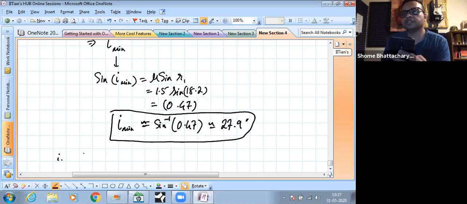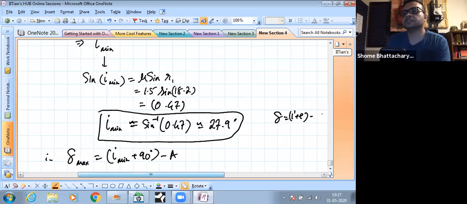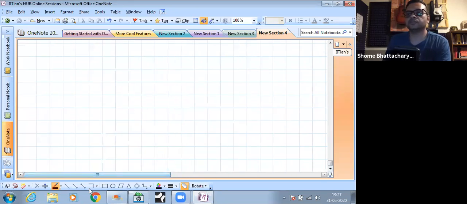So my maximum deviation is equal to this I minimum plus 90 degrees minus A. Because remember, delta in general was I plus E minus A, whereas in this case, E is 90 degrees and I is that I minimum. So in this case, this will become about 90 minus 60, so 30, plus this, so it will become 57.9 degrees. Okay, so now concluding for this particular example, everything that we've seen so far, you realize